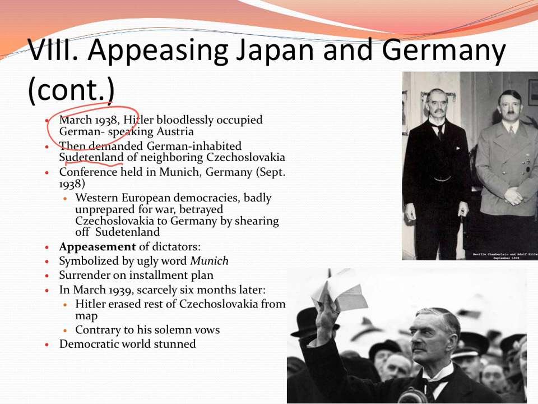Western democracy saw this as a rising aggression, but they realized that they were not prepared for war, as it says right here. And so at the Munich conference, the British, the French, the Italians, and I forget the other country, it doesn't really matter, are going to basically give him half of Czechoslovakia in a form of what they refer to as appeasement. Now,